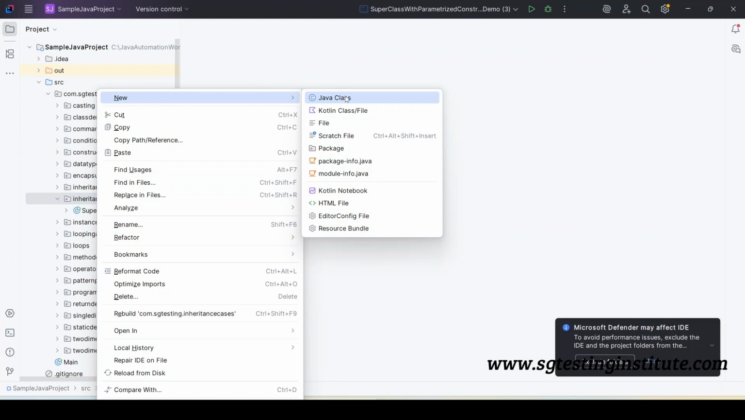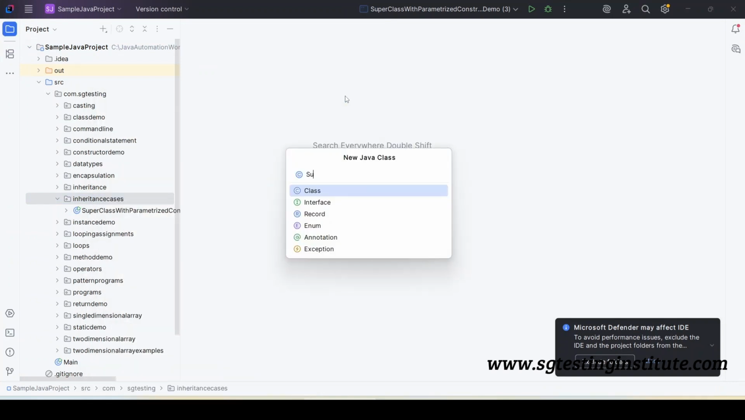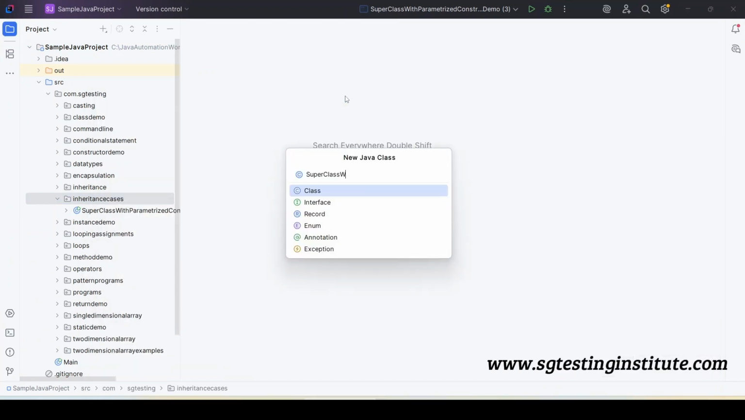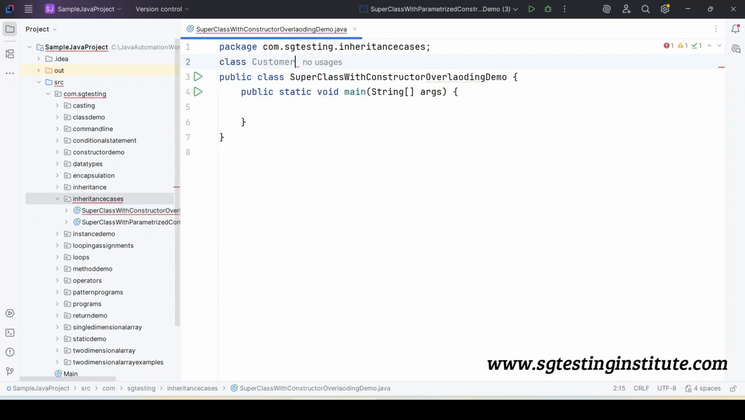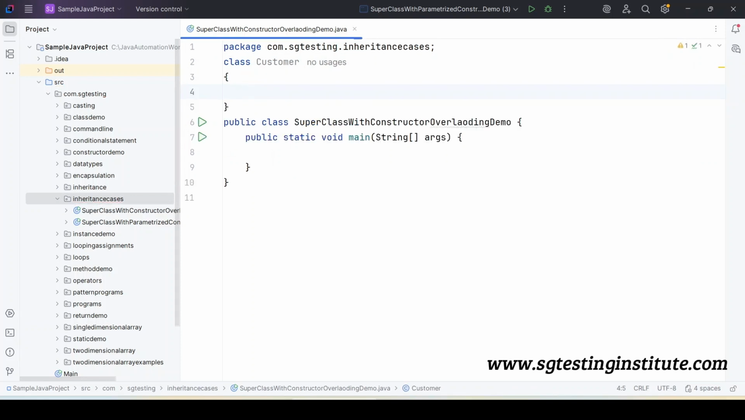We can create one class, a superclass with constructor overloading demo. We need to specify the main method, and there is a class called Customer. This class contains constructor overloading. Customer, the first one called int customerID,